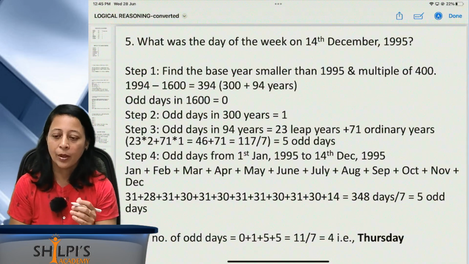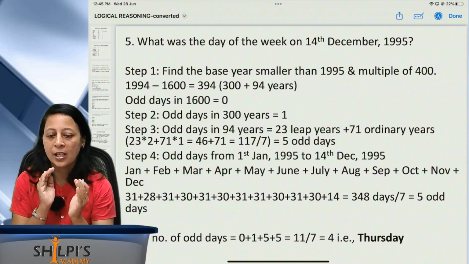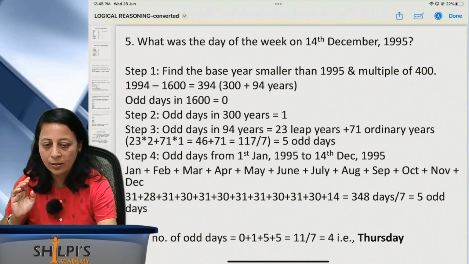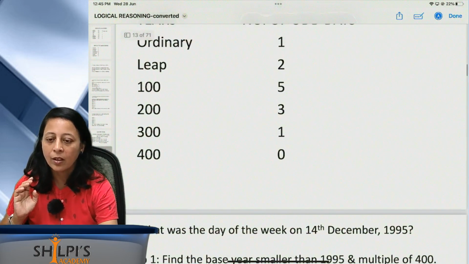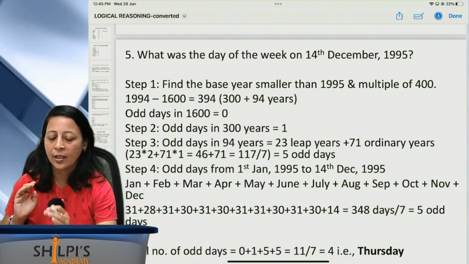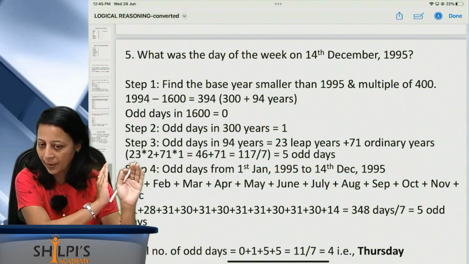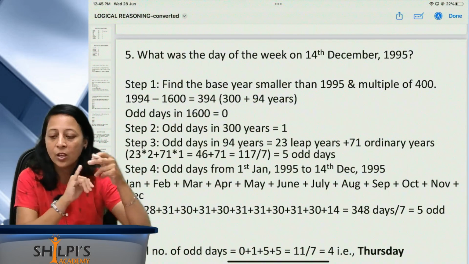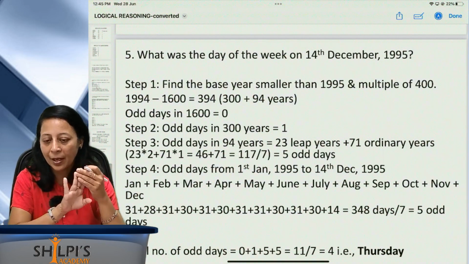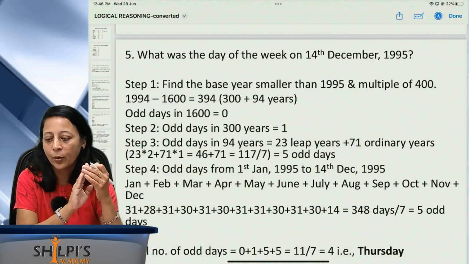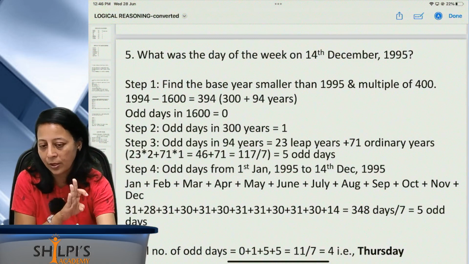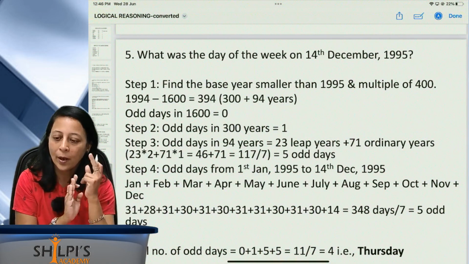Now from 394 days, reduce all your centuries, the 100 years. The odd days in 300 years is 1. This is what we calculated here: for 100 it is 5, for 200 it is 3, and for 300 it is 1. Now keep 300 as years separately. First we took once in 400 years, so we took the odd days as 0. Now with the remainder, go for the years together: 100, 200, 300, 400. 400 is done. Now go for 100, 200, 300. So here it follows 300 years. For 300 years, 1 odd day, keep it separately.